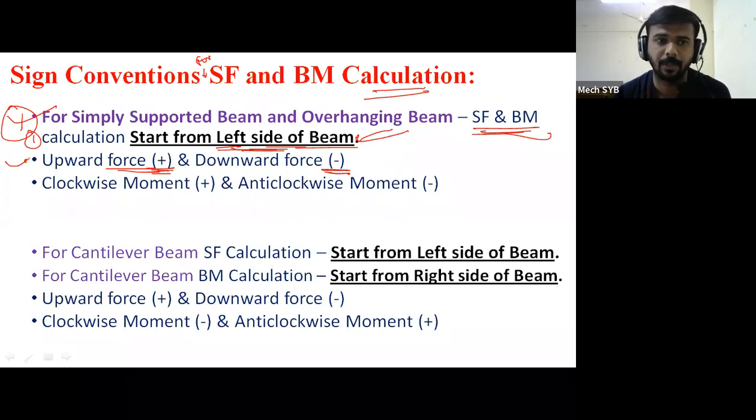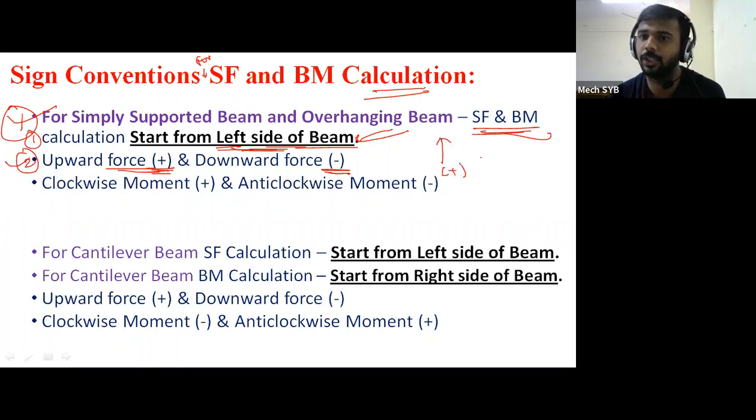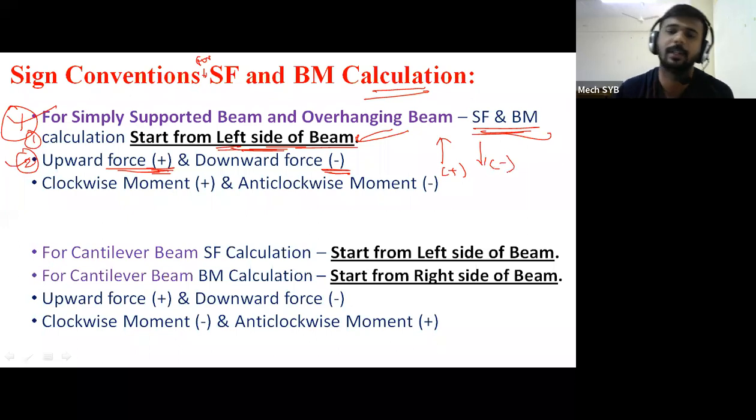Second, अपवर्ड फोर्सेस पॉझिटिव्ह, डाउनवर्ड फोर्सेस निगेटिव्ह. म्हणजे बघा सिम्बॉलिक फॉर्म मध्ये एखादा फोर्स जर असा वरच्या डायरेक्शन मध्ये जाणार असेल तर इट इज पॉझिटिव्ह. एखादा फोर्स जर खालच्या डायरेक्शन मध्ये म्हणजे त्याचा एरो जर खाली असेल तर इट इज निगेटिव्ह. अपवर्ड फोर्सेस पॉझिटिव्ह, डाऊनवर्ड फोर्सेस निगेटिव्ह. अँड थर्ड,